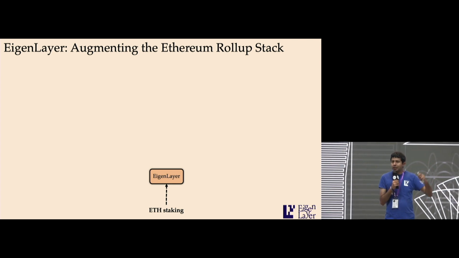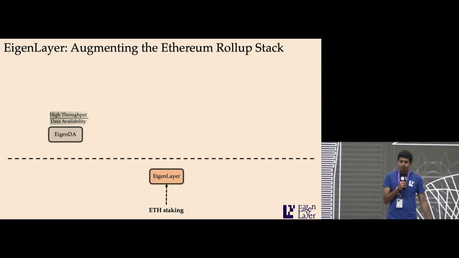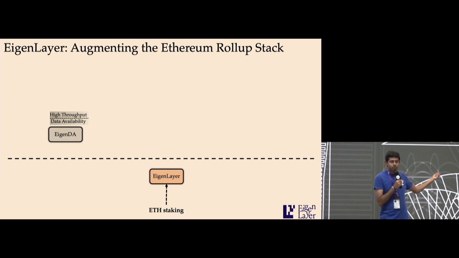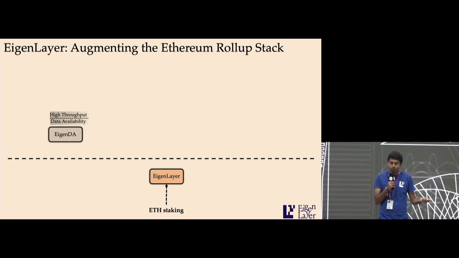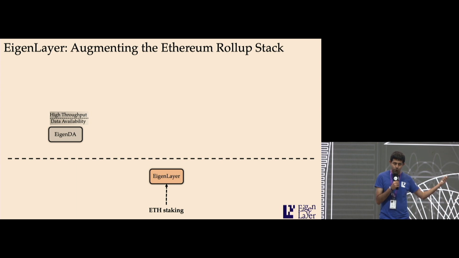So what can you do with this? You can go and build new modules which address the problems that I laid out earlier. For example, the data availability problem, you can build a data availability service on EigenLayer, which solves this problem. We are ourselves building EigenDA, a data availability service, which has very high throughput and